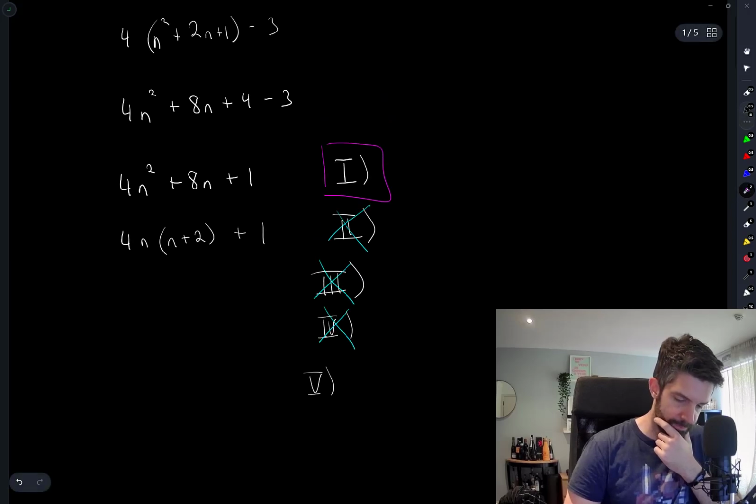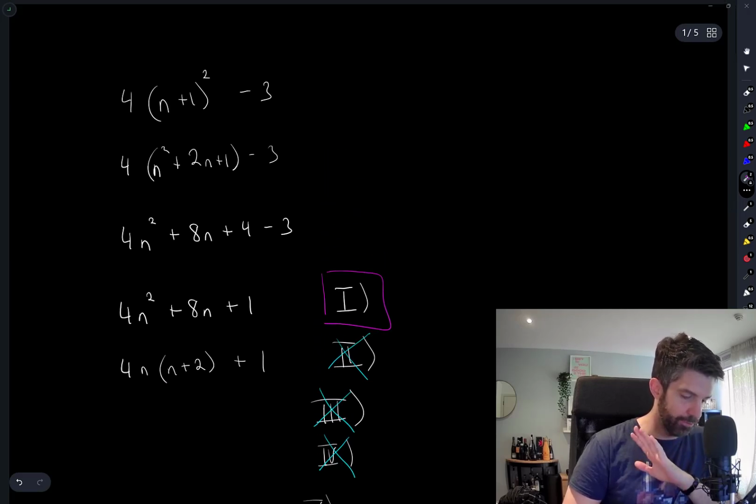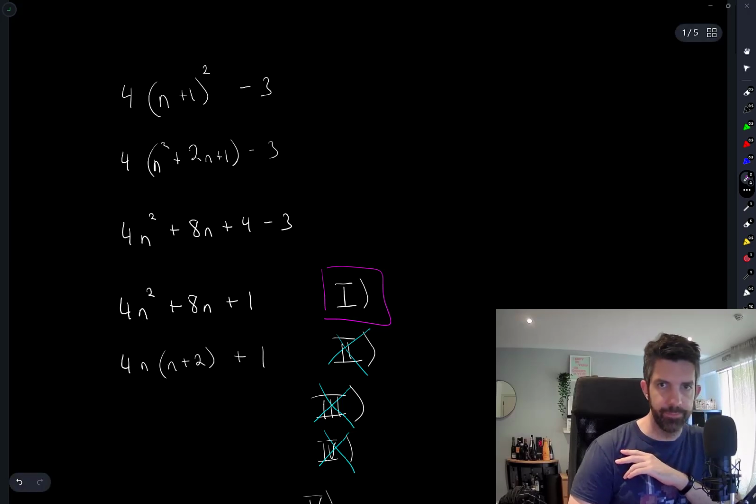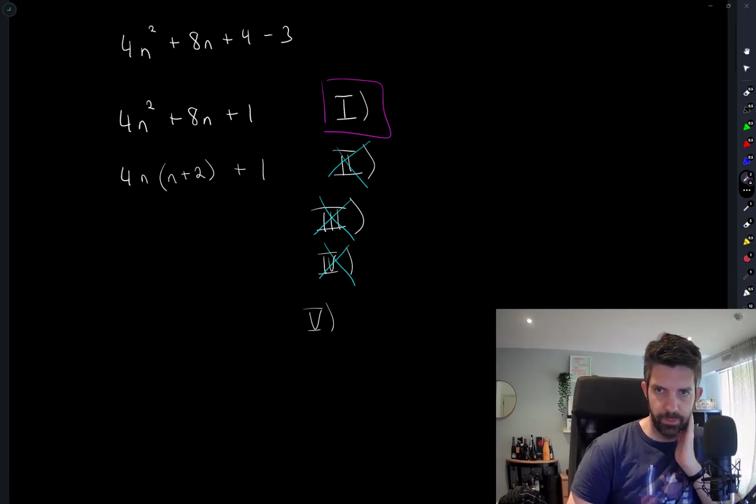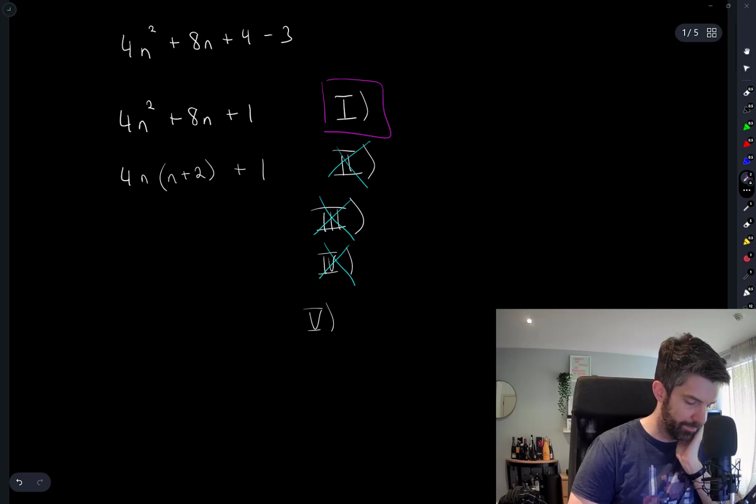Well, let me first just make sure I went through this whole thing correctly, right? Pick a whole number, add 1, square it, multiply by 4, subtract 3. So n squared plus 2n plus 1, 4n squared plus 8n plus 4. Yeah, okay. The final answer is not 1 less than a multiple of 3. Well,